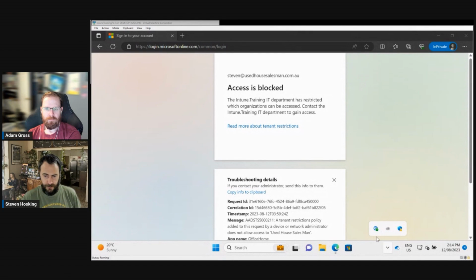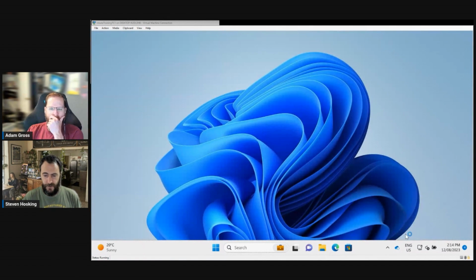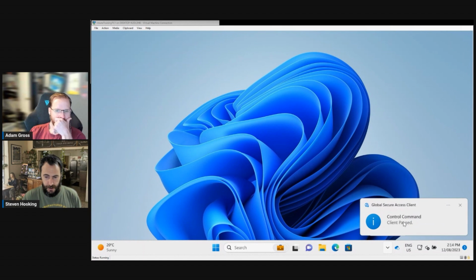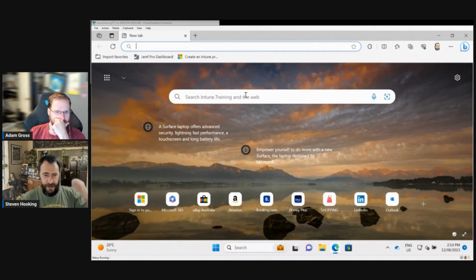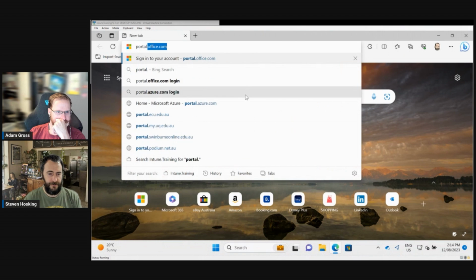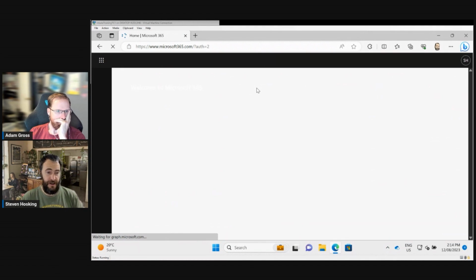What we're going to look at is we're going to go here and we're going to pause. So right now I can go and pause it as a standard user and I don't have access to stuff, right? So it's paused. This is me coming from an unsecure network. What should happen if that policy was there is it would be blocked. But if I go to portal.office.com, on my other tenant where I do have this enabled,